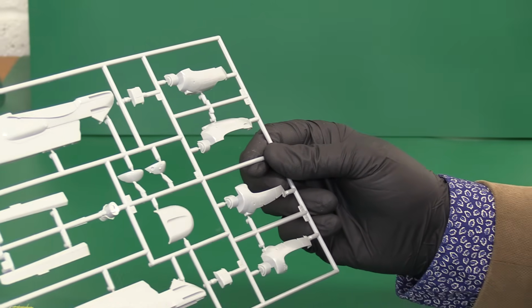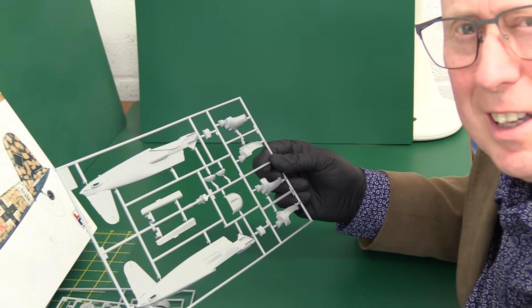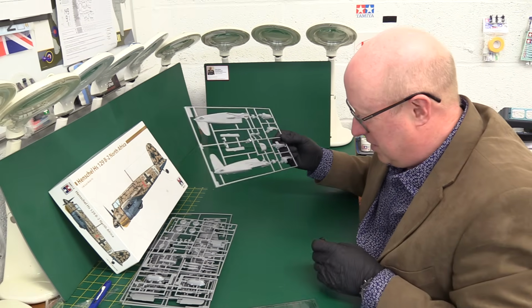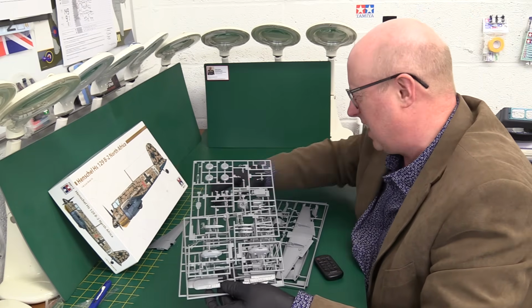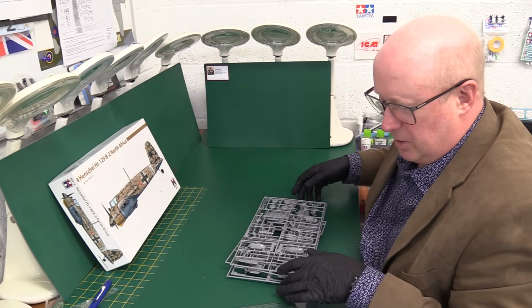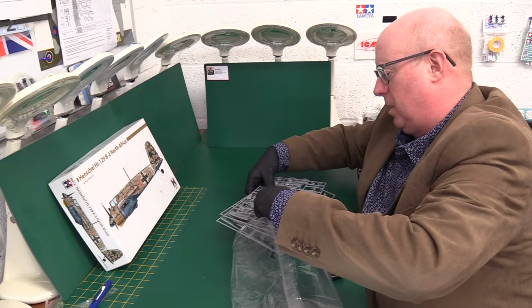I'm never a fan of Hasegawa's plastic, if I'm honest. It always looks like something from the sort of 70s, 80s, the actual sort of finish of it. There's nothing wrong with it. It's not a problem. It's just a style. It has this very glossy plastic, which is very sort of 80s, 90s, let's say. A bit of a throwback in some respects, that you tend not to get these days. And I think I prefer...